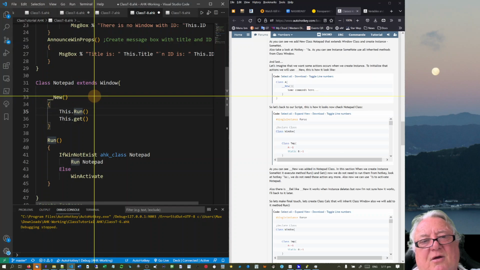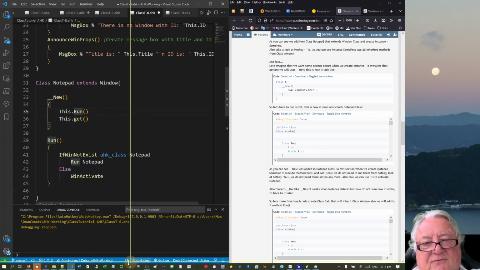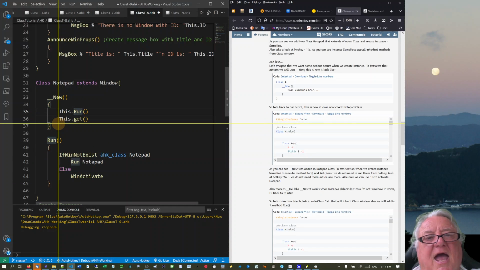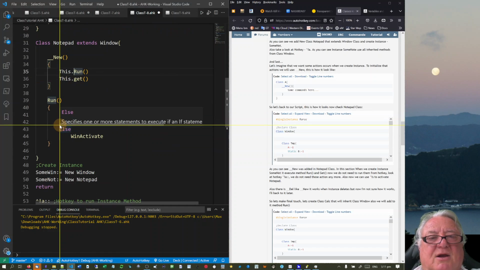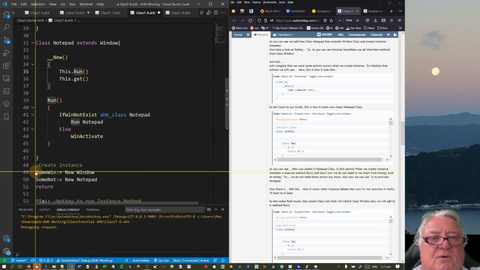So when we create a new instance, it will run, and so it will activate Notepad, and then it will also get the window data from that straight away. Because it's got an extension, all we actually need to do at this point in time